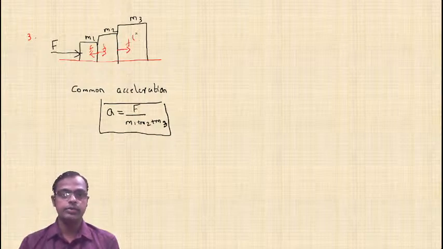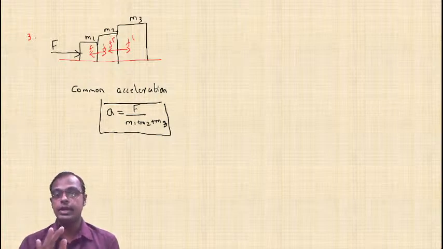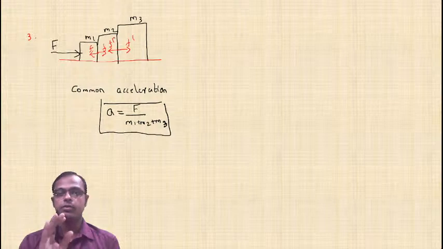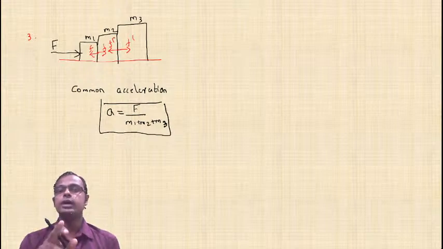Why have we written F dash? Because it is not the same as F here, because M3 is a heavier mass, right? So once again, according to Newton's third law, M3 will act with the same force on which one? On M2. So say that it is F dash. We have already calculated the acceleration. That is the common acceleration, because M1, M2, M3 together we have taken as a system.